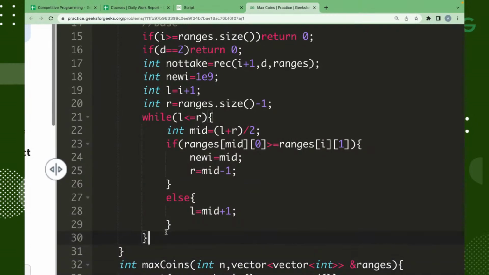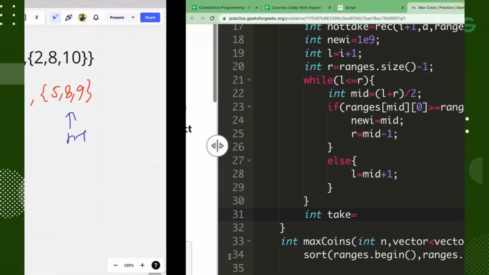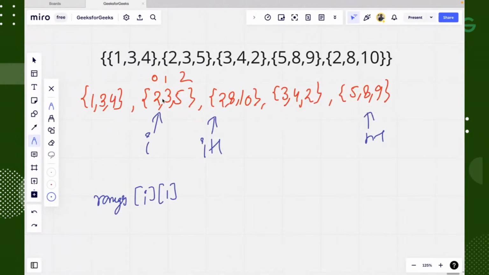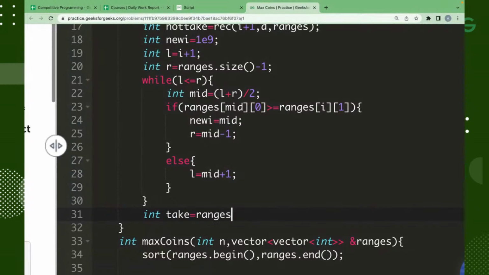Now, guys, I have taken this. Now the take case, guys, is simply saying that you have taken the current index. See, it means that the current index that you have taken is I. So you will take the coin of that I. Coin means the second, like 0, 1, 2, the third value of the range is coin. So ranges[I][2]. So the take case will be ranges[I][2] plus